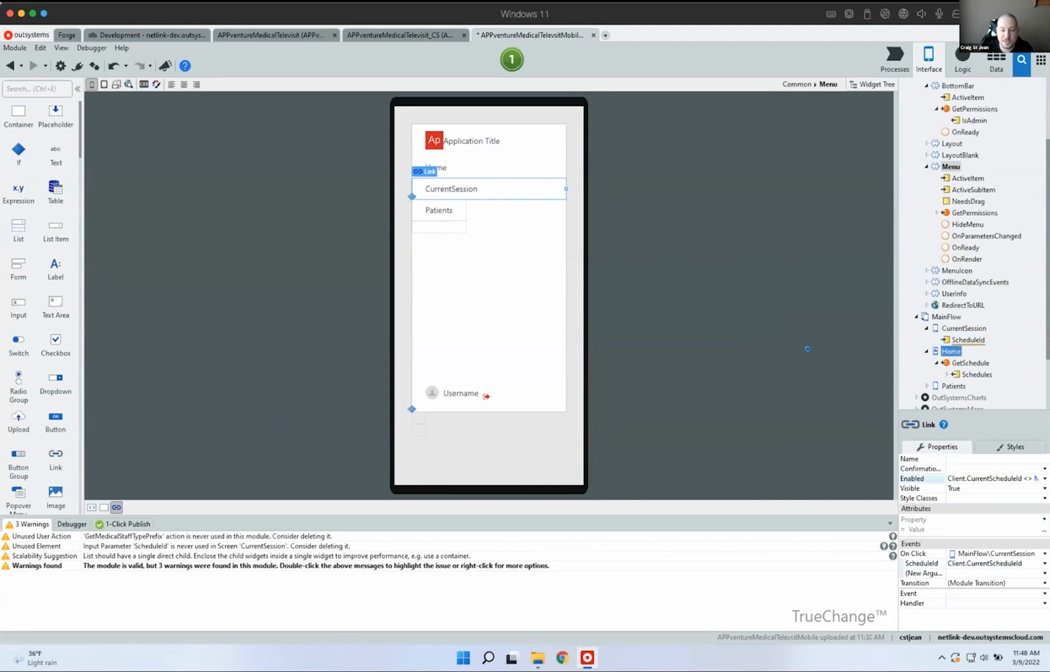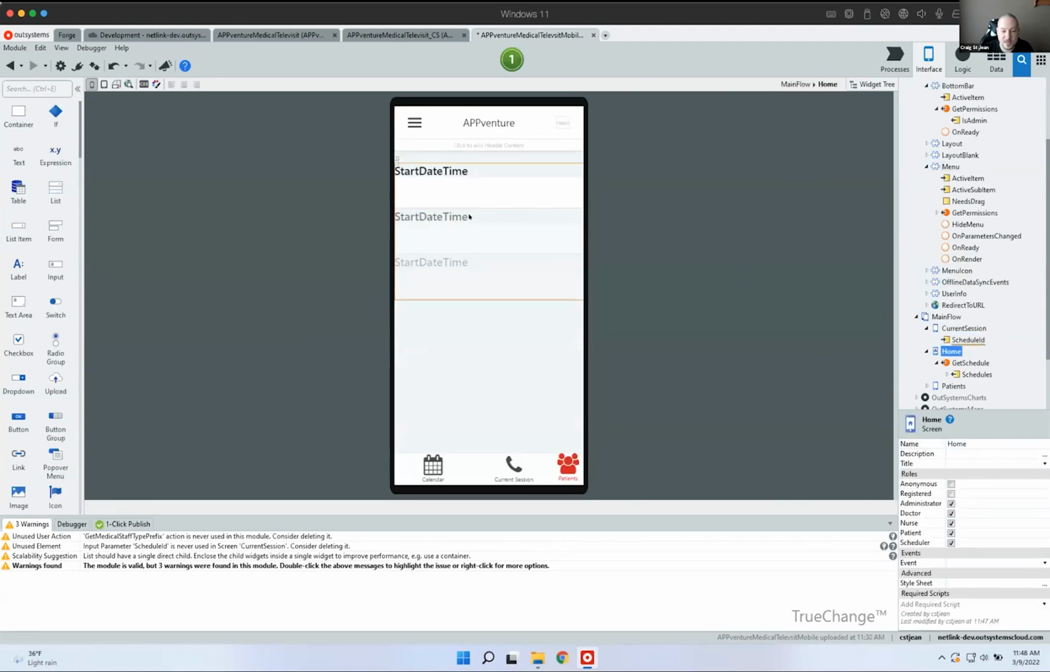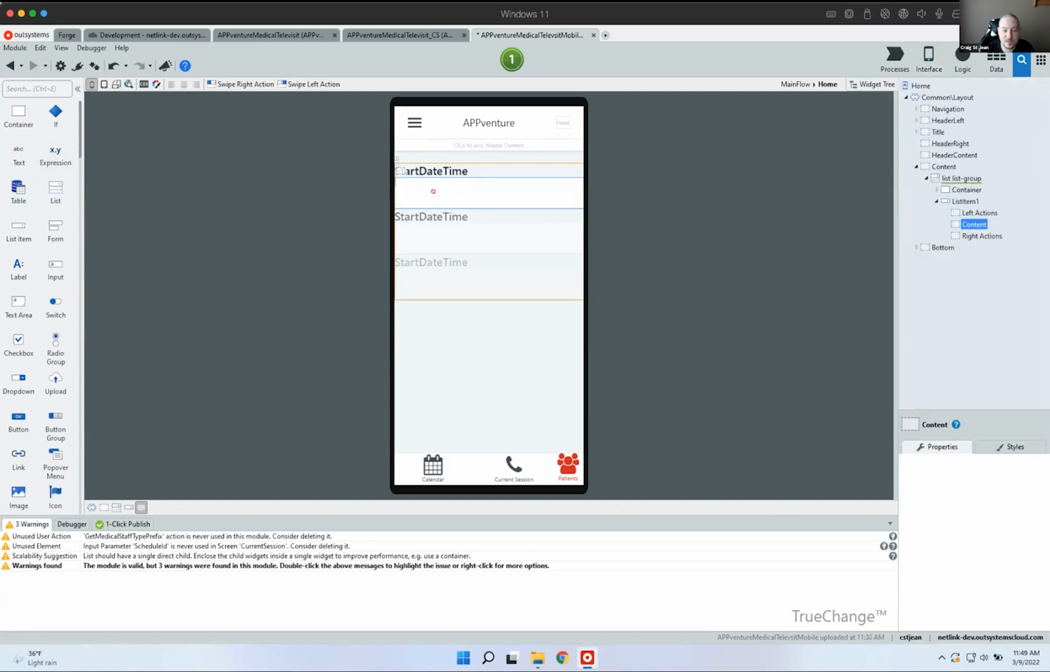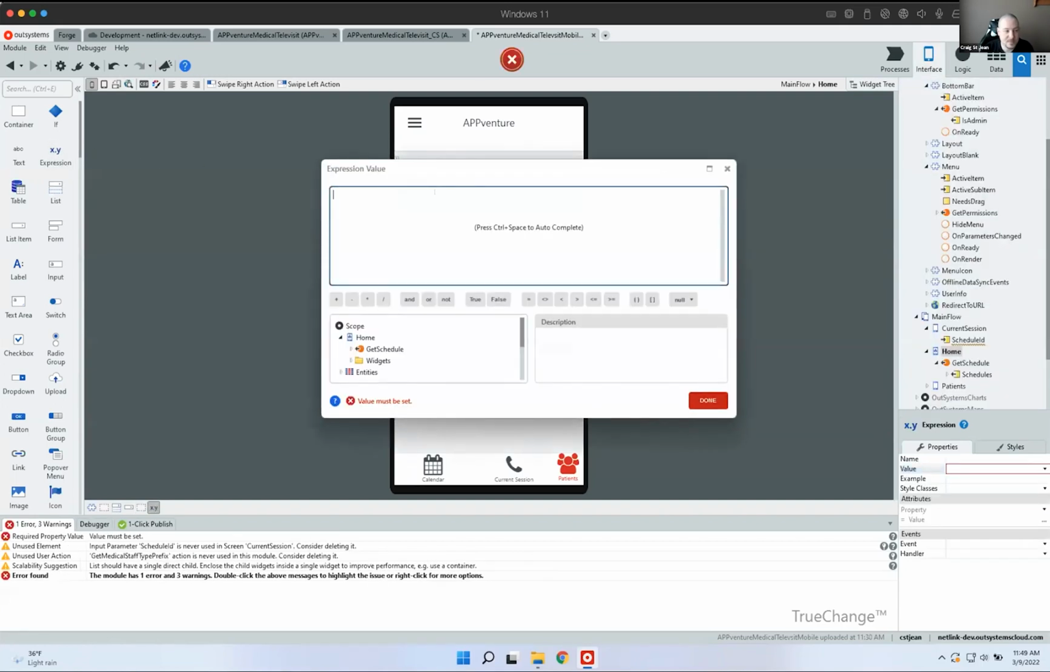So back to our home screen. Now we've got this list, which is just showing start times. In here, we want to actually show what the appointment is, the start time and end time, and who it's with. So I'm going to bring in an expression. And here I'm going to show